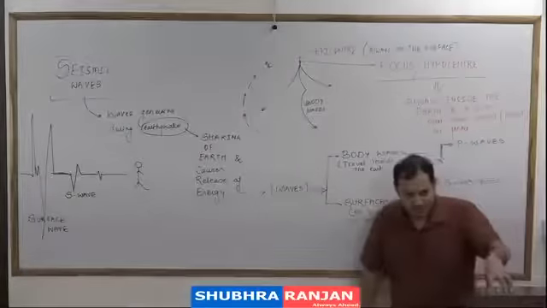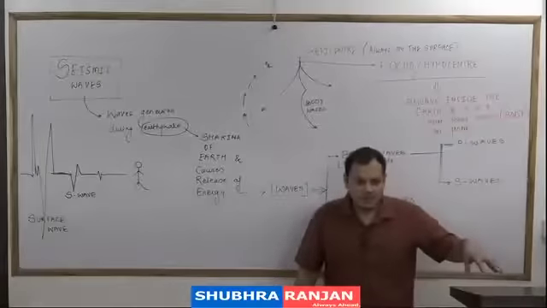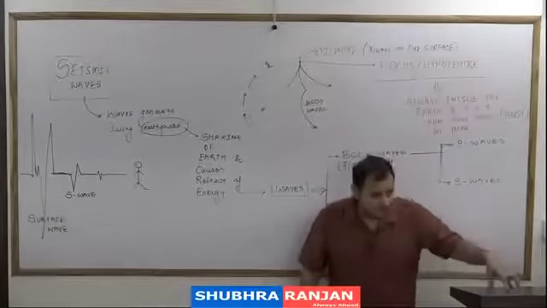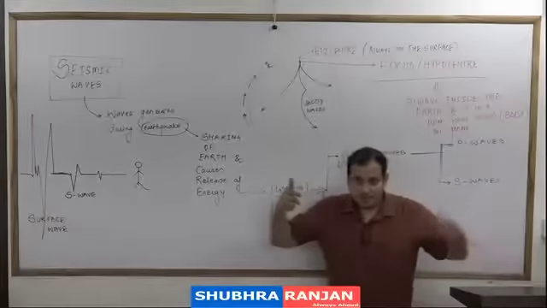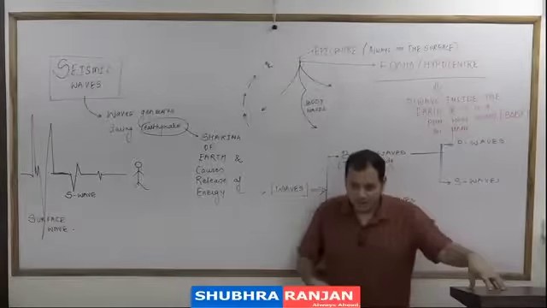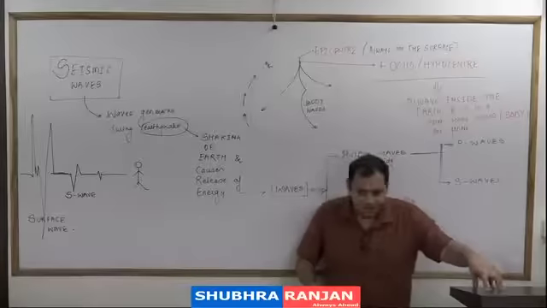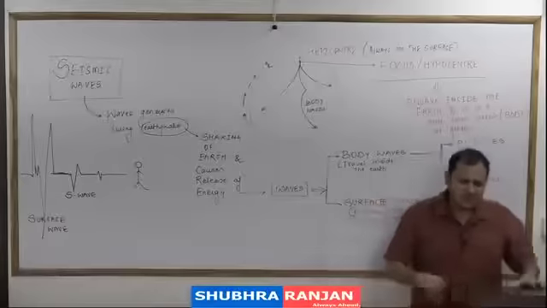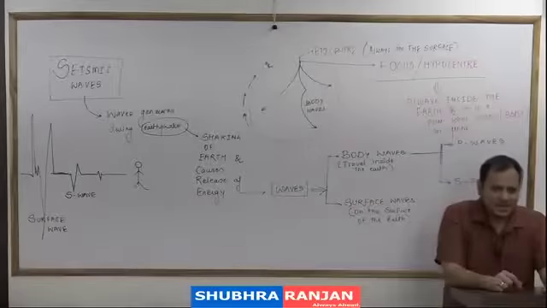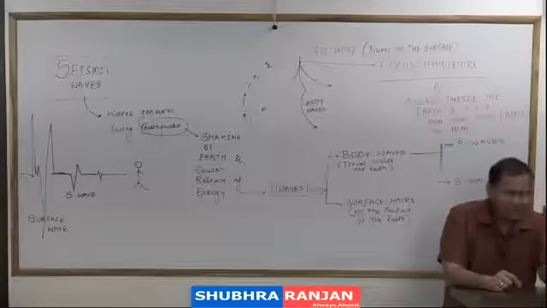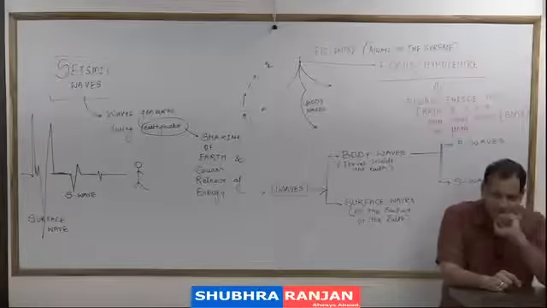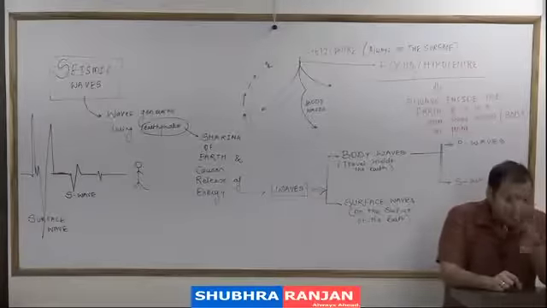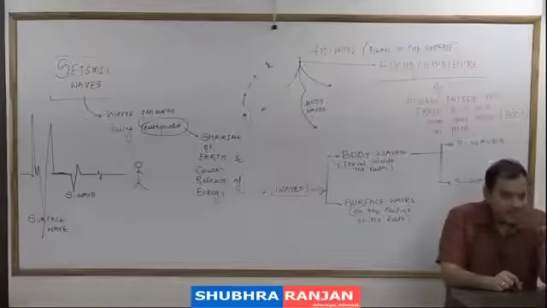But one good thing is, not all the places in the world will experience surface waves. There will be tremors, but they will not experience the surface waves. Why? Because both P waves and S waves will not interact with the rocks, and because they do not interact with the rocks, surface waves are not generated. So we have seen in many places that in Delhi there is a tremor, in South Delhi there is none. Yeah, one part of Delhi has a tremor, the other part of Delhi does not. That depends on the interaction of the surface rocks. That depends upon the direction of the wave propagation.